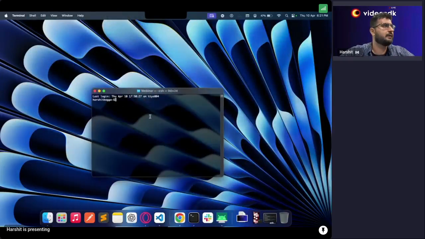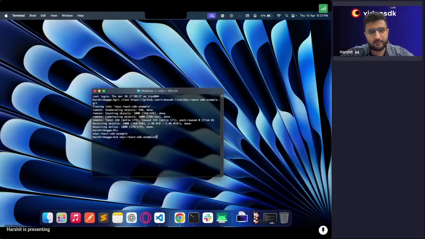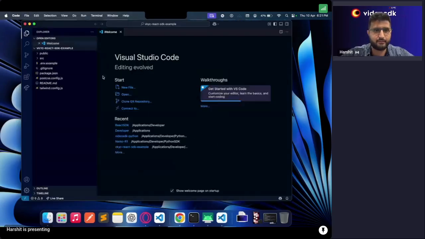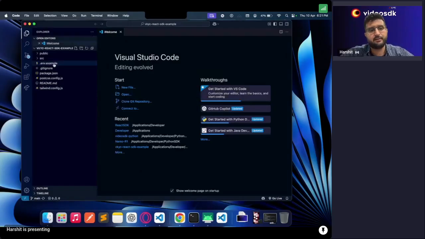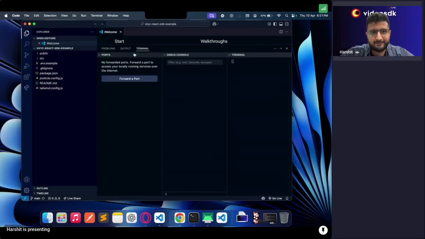You can use your desired website. So let's clone it. Once it's cloned, you can simply get into your project using cd, and then you can open it in your desired code editor. Once that's done, the first thing we'll do is open the terminal,